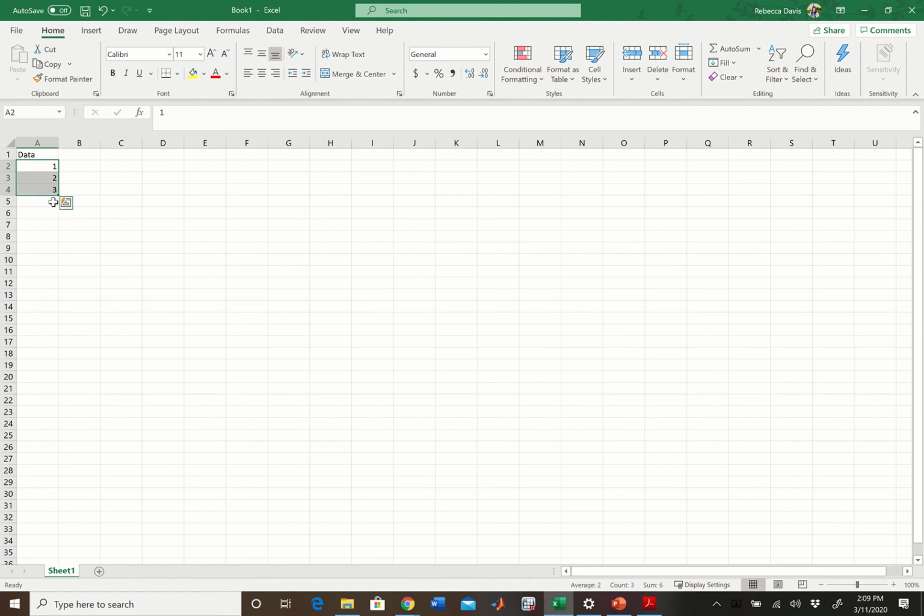Look for the little green square that's at the bottom. Look for that cursor that's a plus sign, click and drag. And I want you to do this until the last data point says 15, okay? So once you have that, we are now ready to use the data analysis Toolpak. So what we just did in less than 30 seconds was just create data. Usually you'll already have the data that you're working with, so you would not need to know everything that we